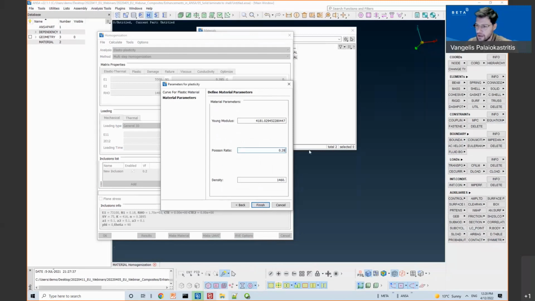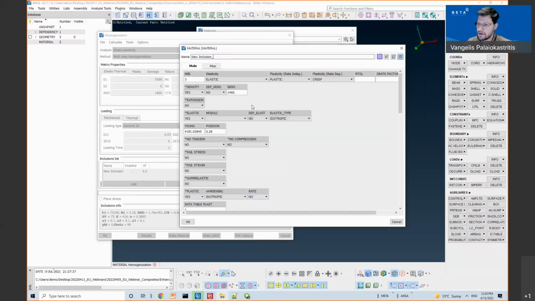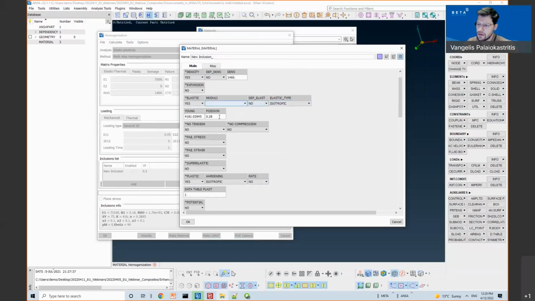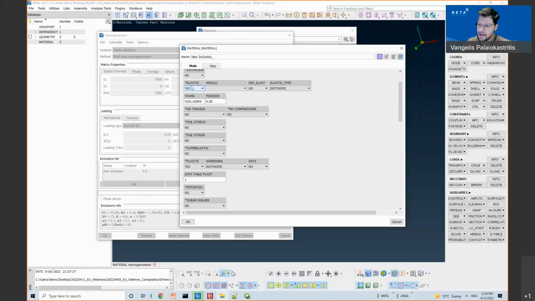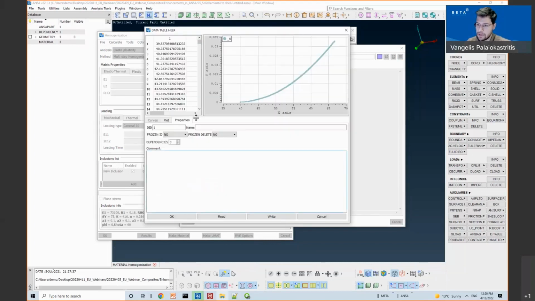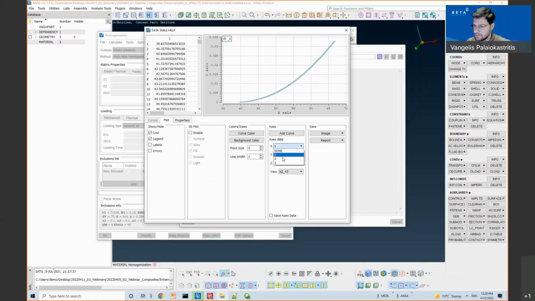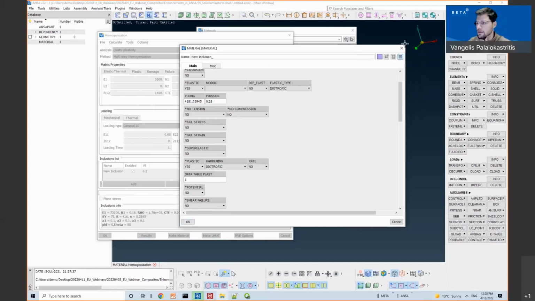I need to specify the Poisson ratio, and by pressing finish, I can see that it has created the Abaqus isotropic material with the star elastic here, and the star plastic has isotropic hardening and refers to a data table where I can see the plasticity part of the curve. And this is a nonlinear homogenized material.